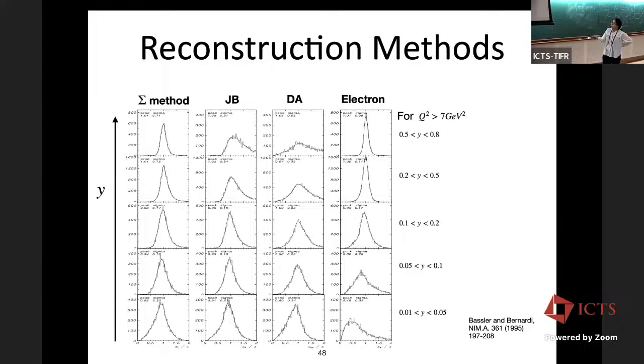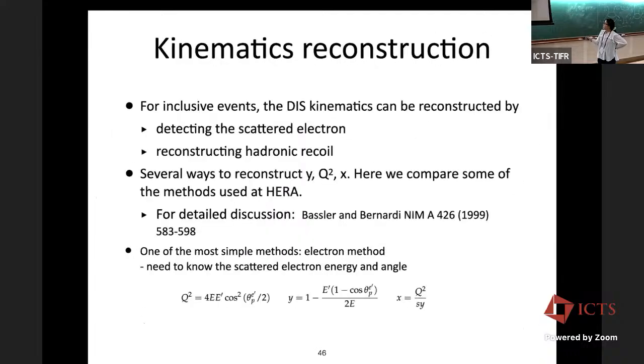When you reconstruct it, you compare them. For example, this is from the HERA study. What you're seeing here are different methods: the electron method, the hadronic method, the double angle method, where we only need angle quantities, and then the sigma method. You compare them for different regions of y, for Q squared around 7 GeV squared, for example. You can see from the electron method for the larger y region, compared to other methods, it performed really well, right? But if you go to smaller y, if you remember this electron method,